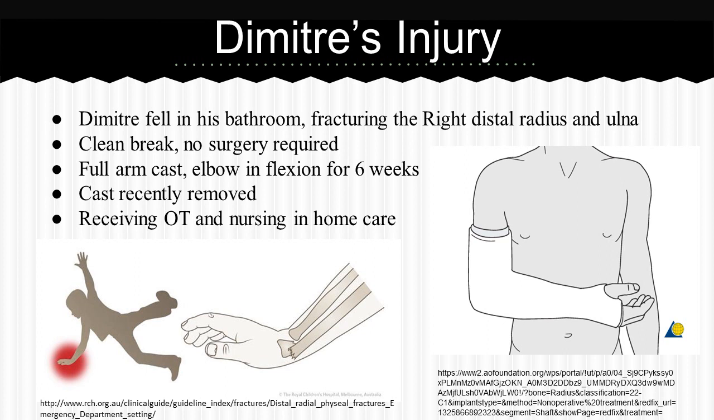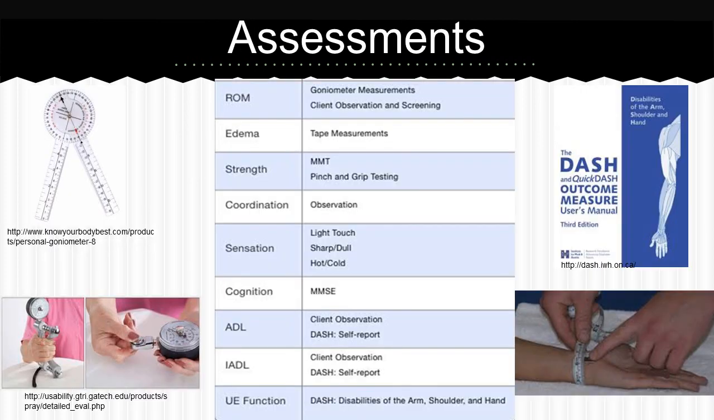Dmitri's injury consists of him falling in his bathroom and fracturing the right distal radius and the ulna. It was a clean break and there was no surgery required, but he had to wear a full arm cast in elbow flexion for 6 weeks. And recently the cast was removed and now he's receiving